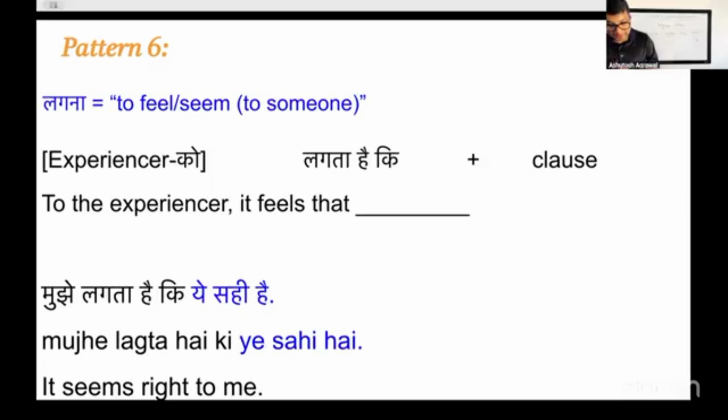Yeah, hard, Nicole. Yes, very hard. I'm lost. But no, it's follow the pattern. Like if this is hard, just remember this, at least this part. मुझे लगता है कि, and "ki" is nothing but joining this sentence and this sentence. Okay, right? So the second part is always whatever you feel.